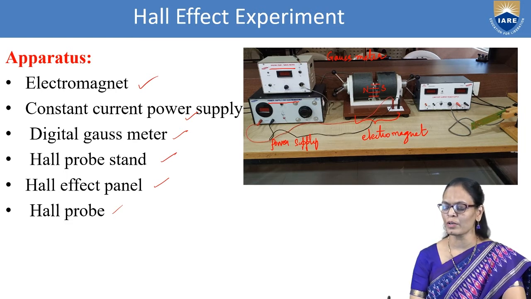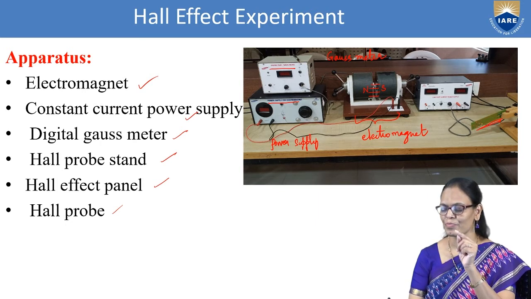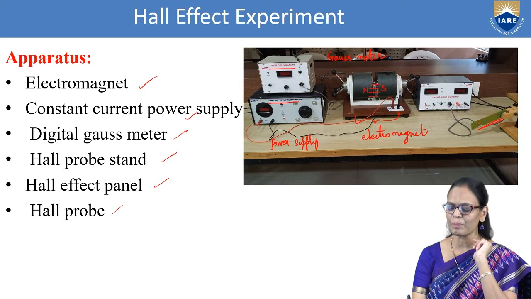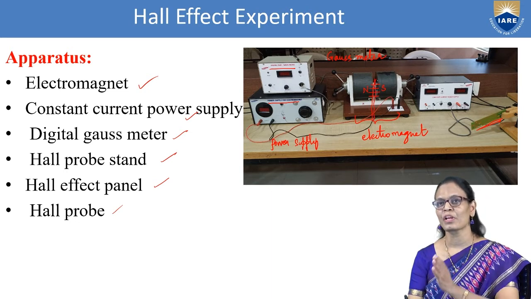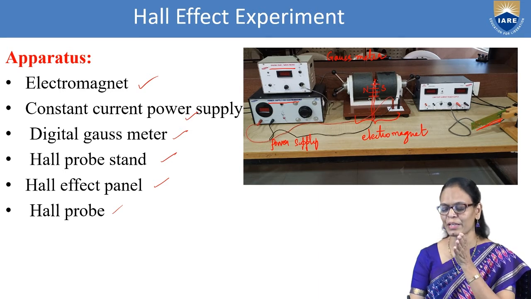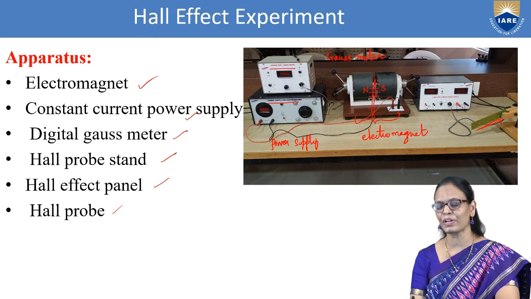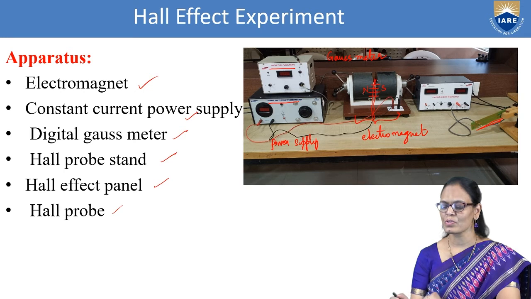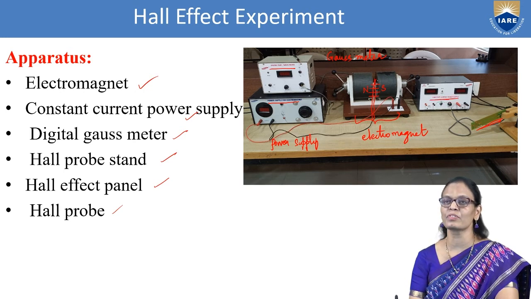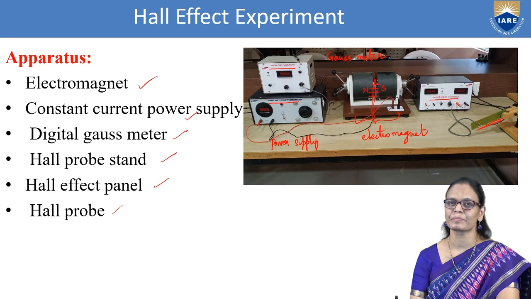And then we have a Hall probe. We have a panel in which we have the semiconductor placed. So with the help of this stand, we will keep the semiconductor in between the two magnets. Here in this position, we can place the magnet because we have to keep the current carrying semiconductor in a magnetic field. So with the help of this, we will place it here. So now the current and the magnetic field will be perpendicular to each other. Then there will be separation of charges. So we can measure the current with the help of this Hall setup.